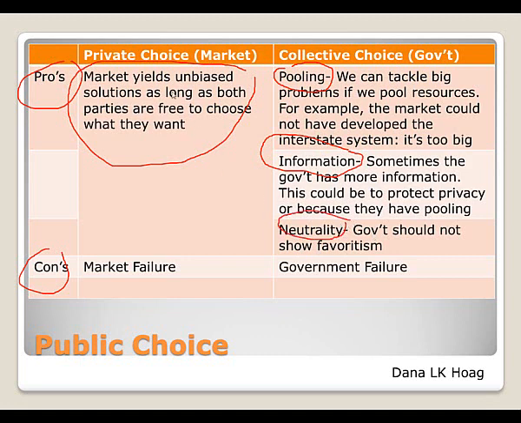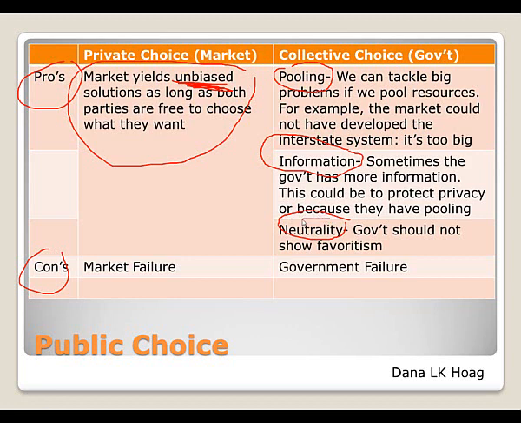Now, I said here the market wasn't biased, but sometimes certain kinds of people, like for example with certain kinds of handicaps, aren't going to be able to succeed. Or short people won't be able to be in the NBA, the National Basketball Association. That's a different kind of thing. Because it's unbiased, sometimes those results are not acceptable. We probably, for example, would accept if somebody that's only 5'6" can't get in the NBA, we probably would think that's okay. That's not really a bias. But what if we said people who have handicaps, who can't walk, for example, have a hard time even making a living? Well, in that case, we have to step in.